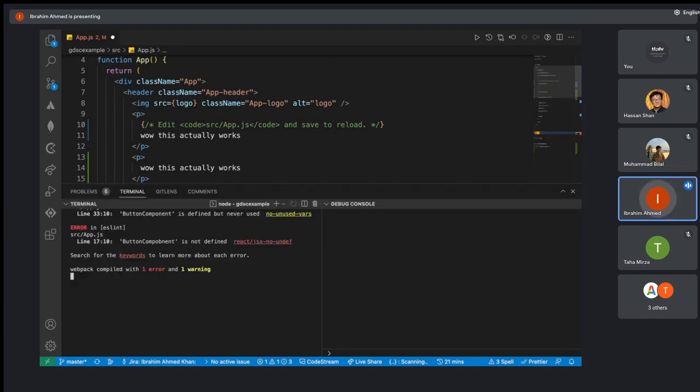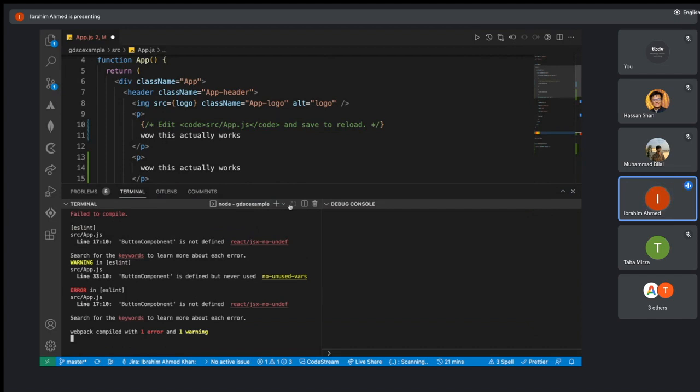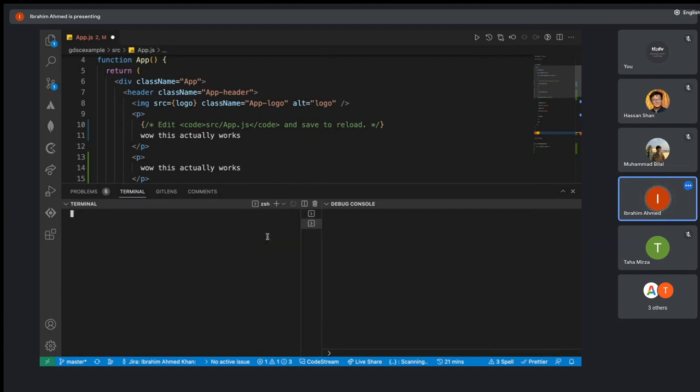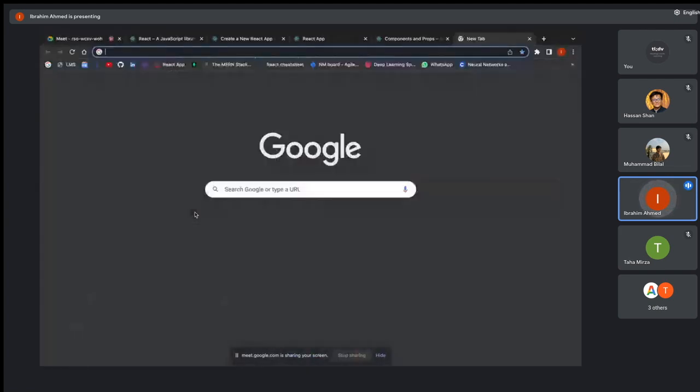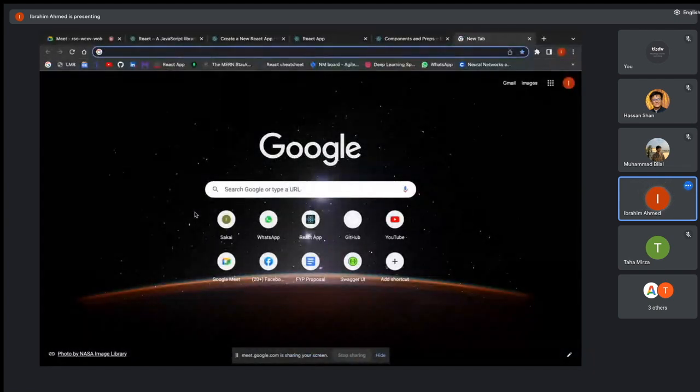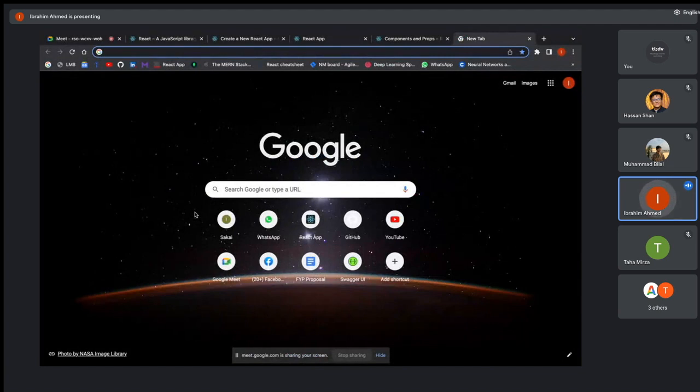So for example, if you want to use the grid component, you want to use Material UI, you'd have to go to your terminal and you have to do npm install, right? If you do material table or whatever material extension you want to have, it's just going to install the whole thing, and then you can import it over here and use it. That's how you're going to be doing all of your installations. So for example, the most commonly used library, like an alternate to Bootstrap, is called Material UI. I'm sure you guys have heard of this. It has a lot of pre-made components